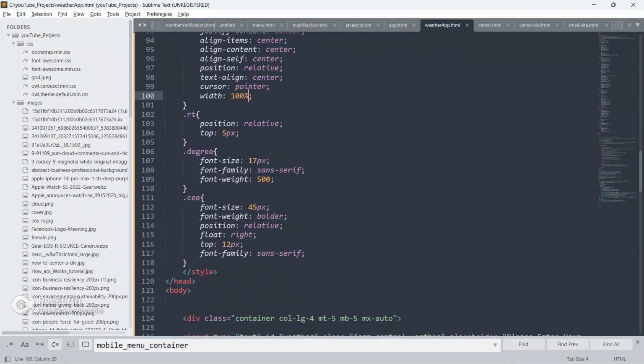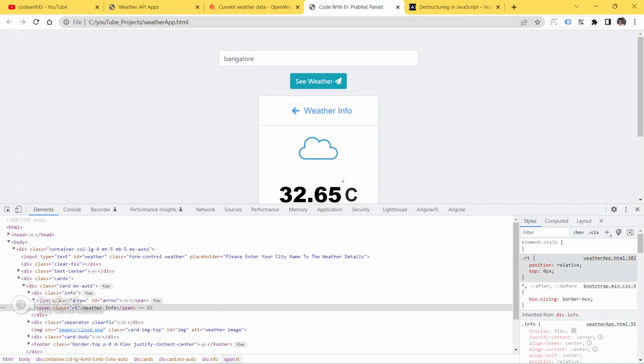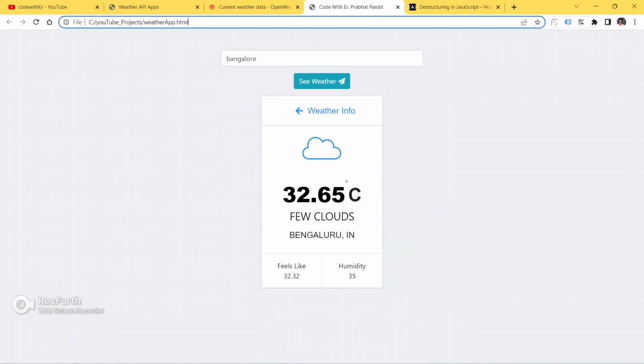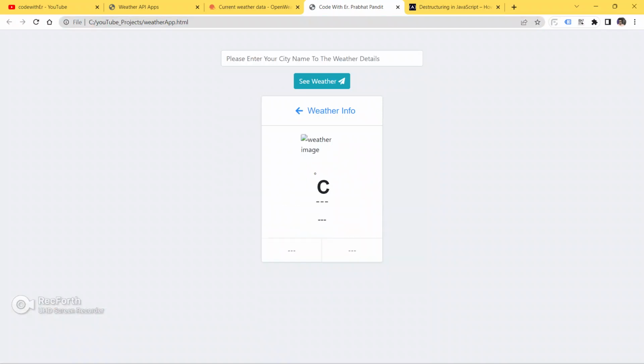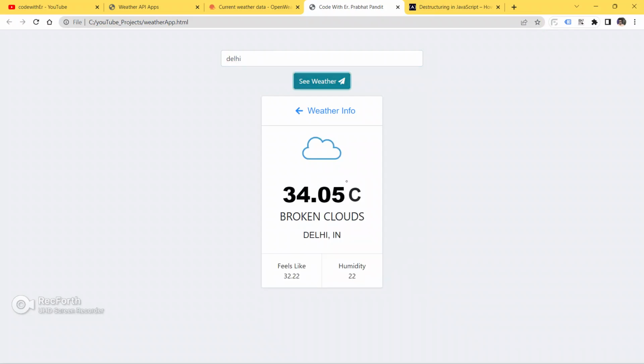Yeah, remove the top, make it 0 and save your file. Go to the browser and refresh the page. Search Delhi. See, we got all the details. Okay, this much is temperature, broken clouds, city is Delhi, country is India, feels like this much, and humidity is